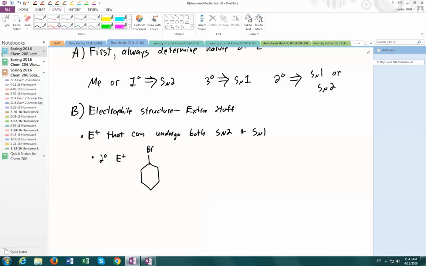You always want to look at just whatever the carbon is that's connected to the halogen, right? So in this case, we see that it's connected to this position, and this is a secondary carbon. So that's how we determine methyl, primary, secondary, tertiary. Look specifically for the carbon that's attached to our halogen, and that'll tell you. All right, so certainly we have a secondary